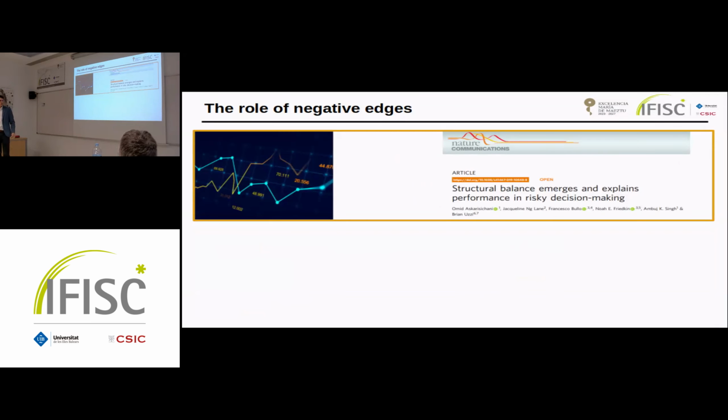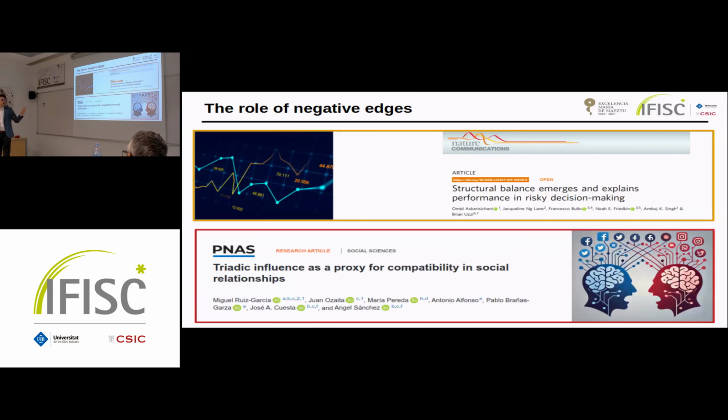In a financial context, it has been shown that this property of balance is correlated with high performance of traders in hedge funds. So when traders have work relationships that are balanced, they show increased returns when compared with unbalanced traders. Similarly, it has been shown that in teenager interaction networks, the type of interaction can be predicted with an 86% accuracy by using the principle of triadic influence, which is very related to structural balance. This means that relationships between teenagers are structured in a predictable manner.